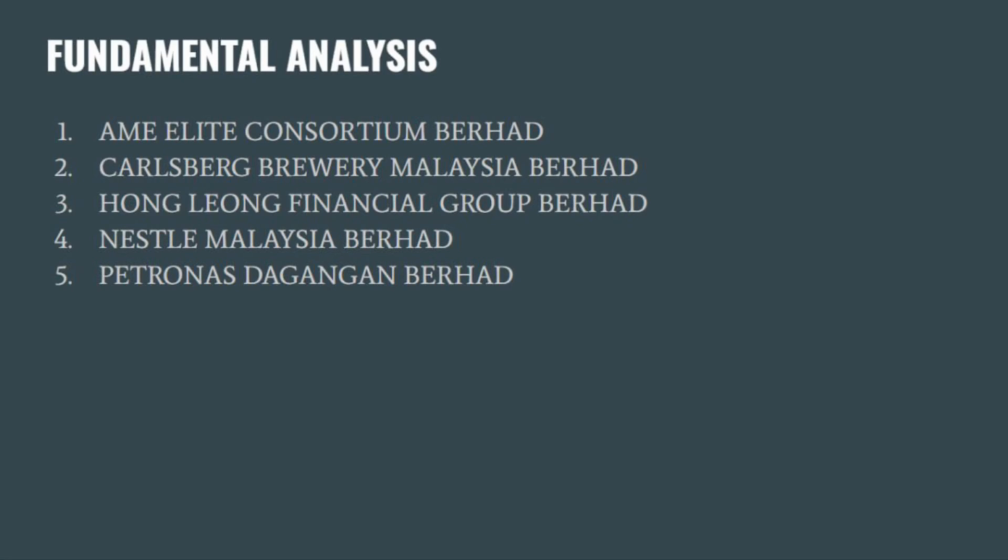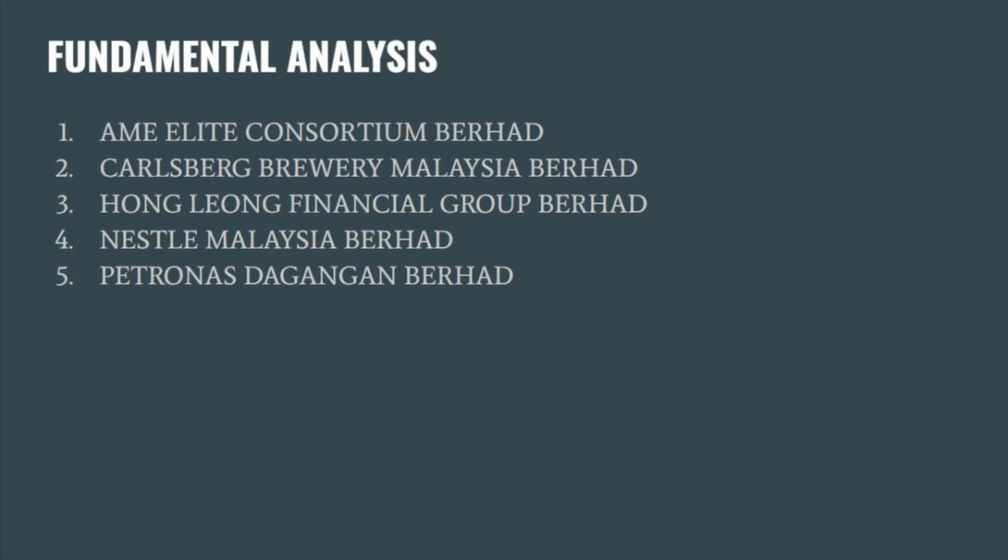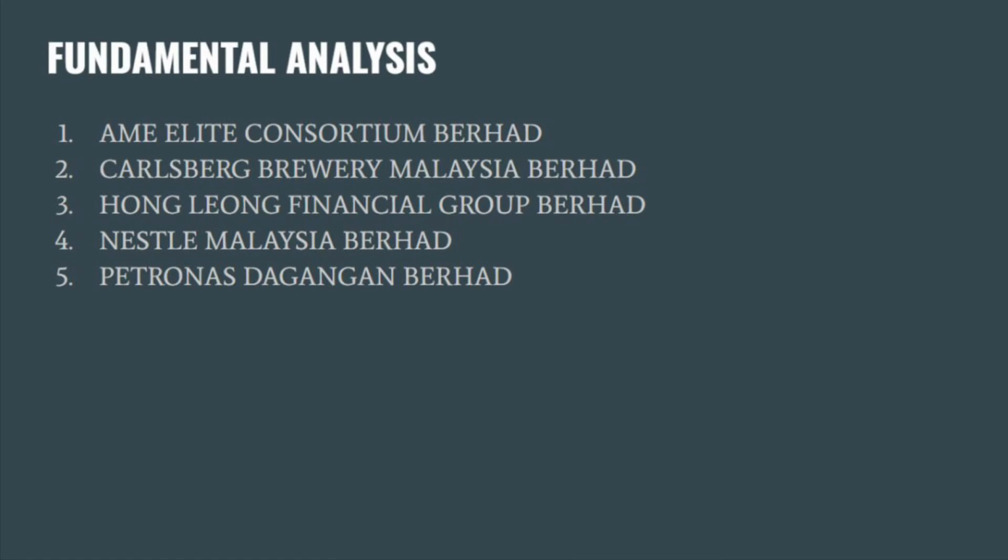Next, Nestle Malaysia Berhad has an increased trend in total assets and total liabilities, but a decreased trend in total equity from 2019 to 2020. As for revenue, gross profit, operating income and net income, the company has a decreased trend and has a net loss. The liquidity ratio demonstrated that the company is able to pay its debts on time. The company's ability to generate income from its assets, equity and sales is declining, which is unfavorable to the investors. Both earnings per share and dividend per share have a decreased trend.